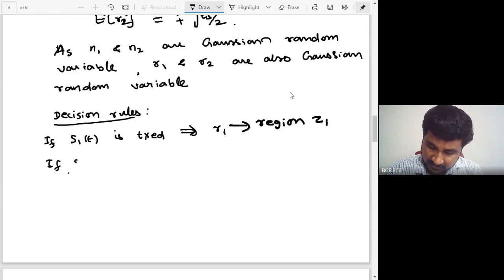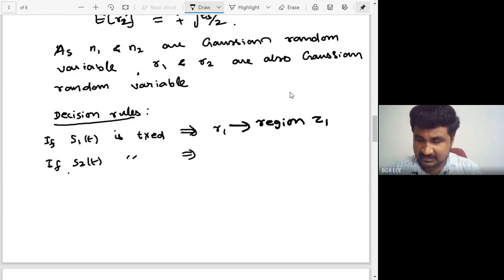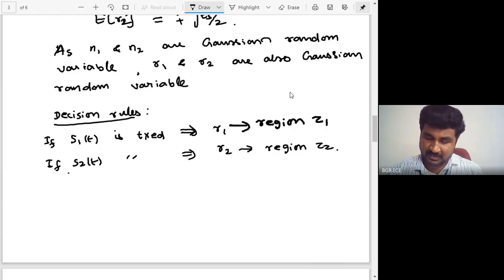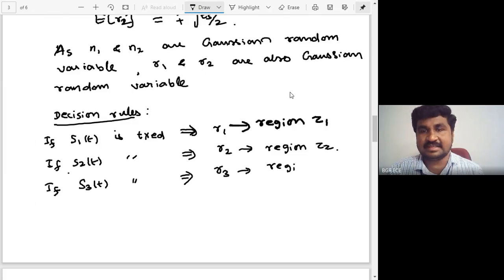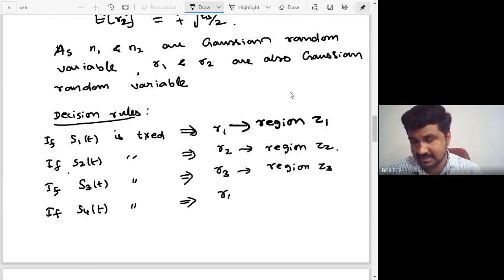If S2 of t is transmitted, then R2 should fall in region Z2. If S3 of t is transmitted, then R3 should lie in region Z3. Similarly, if S4 of t has been transmitted by the transmitter, then the received vector R4 should